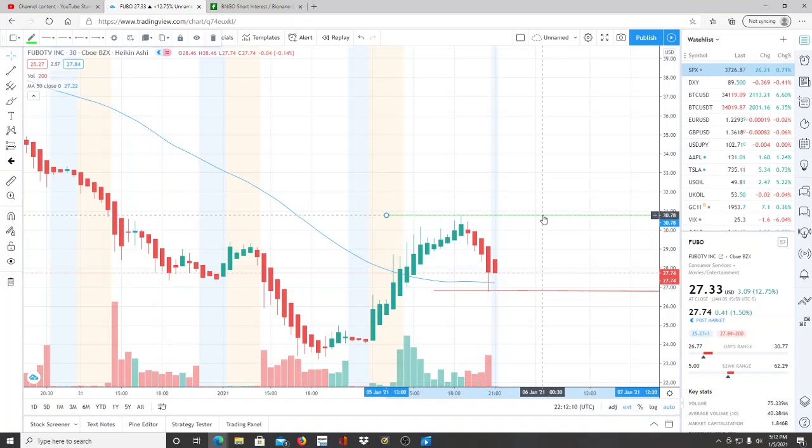Now, our resistance is 30.78, and that needs to be broken through by the bulls. If they don't accomplish that, they are going to lose control over the chart. If they just hang out sideways, the 50-day moving average will come back up and actually cross over the price, giving more leverage to the bears to tear this one down. So you want to keep that in mind as well. So 30.78 needs to be broken through and turn into a support so that the bulls can work their way up to newer highs and new resistance levels.